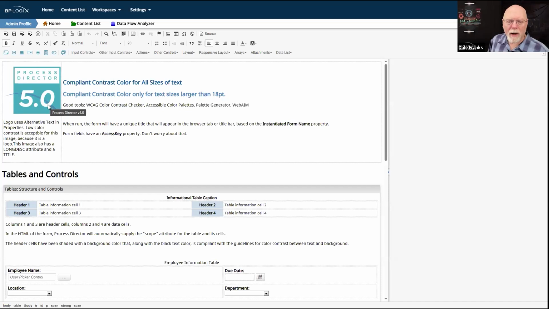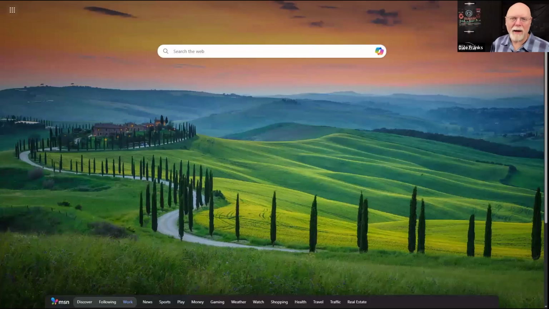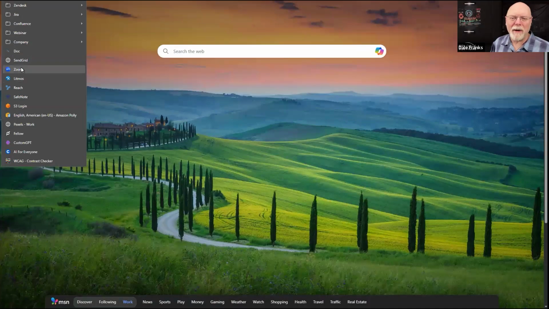So let's go back to what we were talking about a few minutes ago and talk about this issue of contrast colors. There are, in the WCAG standards, various levels of accessibility conformance that you're going to be judged by in terms of how accessible your form is. Generally, we refer to these as 1A, 2A, and 3A. And I probably should have kept this open rather than closing it.